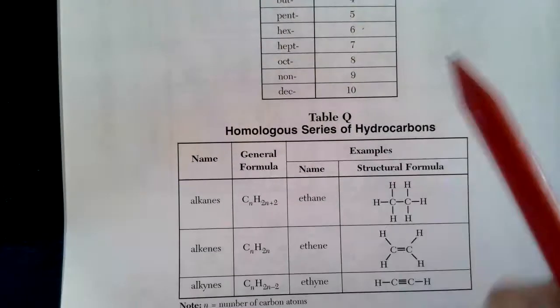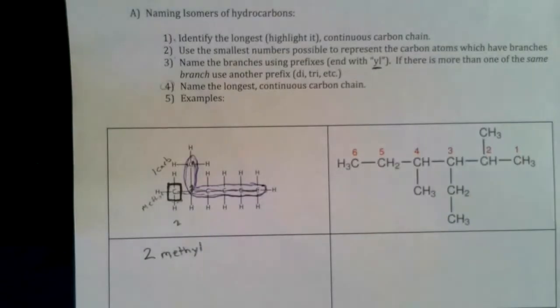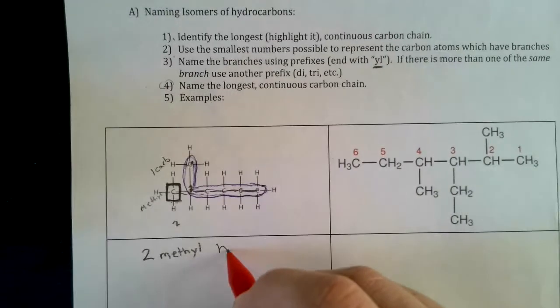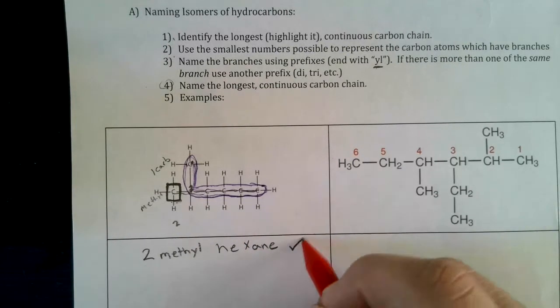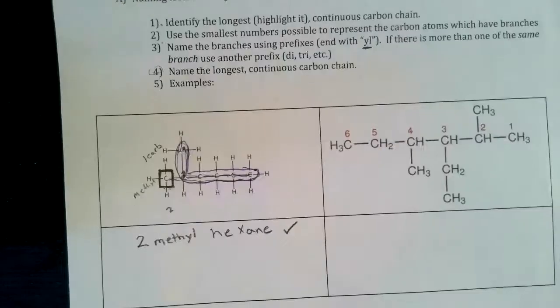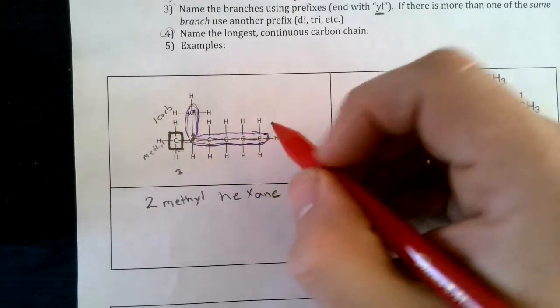And because they are all single bonds, it's hexane. 2-methylhexane. Now, this is the correct way to do it. Some of you may argue, well, if I counted from this side, which you can do, and I'm going to show you in a second when that's the case,